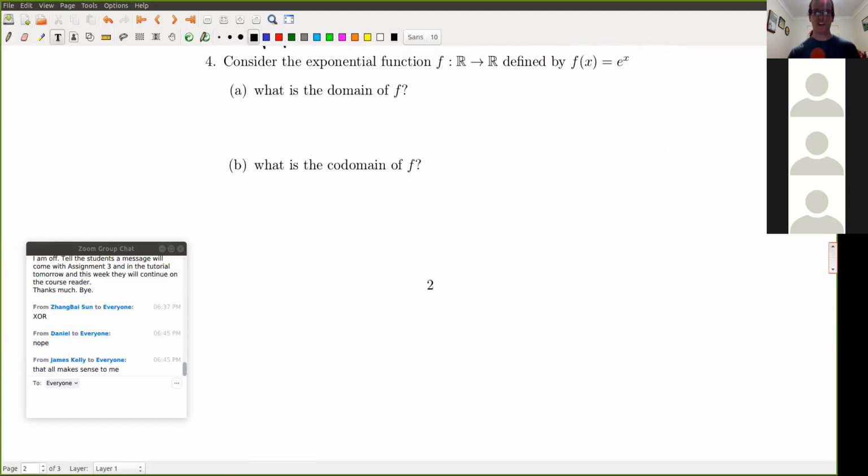Okay. Hopefully this one wasn't too tricky. It seems a bit simple. Some of them are actually a little bit nasty. So again, we've got: consider the exponential function f maps from the reals to the reals defined by f of x